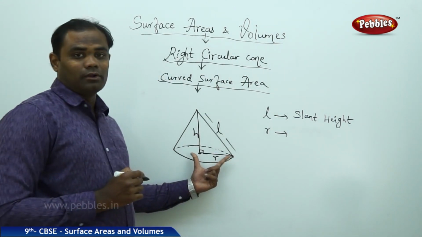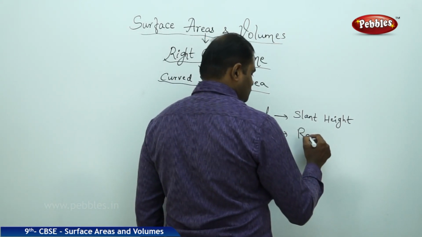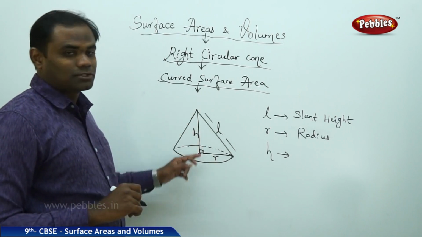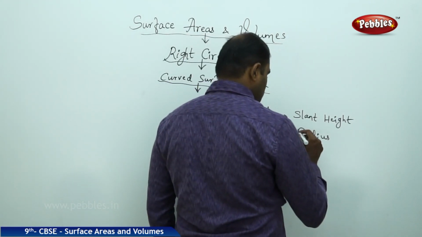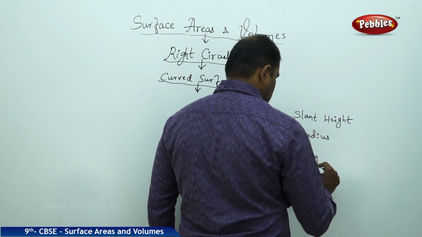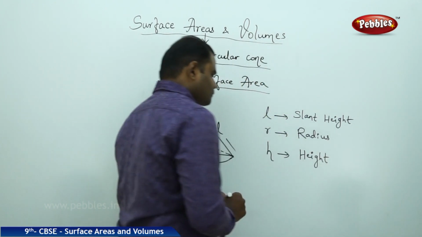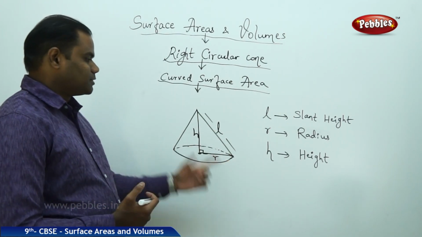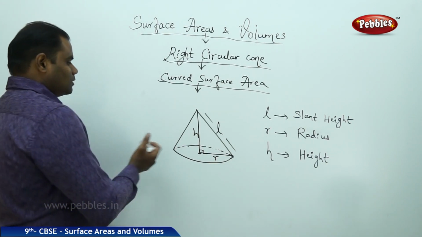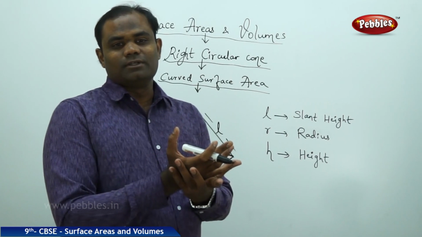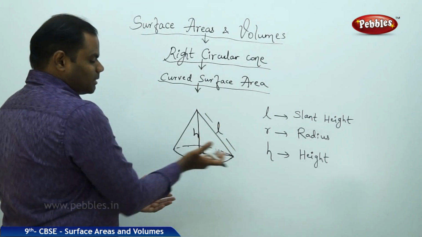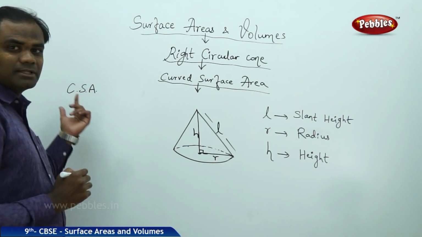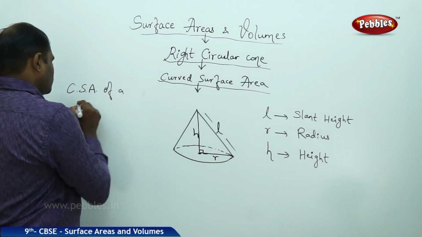And R, which is called radius of the cone. And H, which is called height of the cone. Slant height, radius and height are the three important things which define the curved surface area. So the curved surface area is the curved region of the cone, which is exactly the curved part but not the base. So curved surface area denoted by CSA of a cone